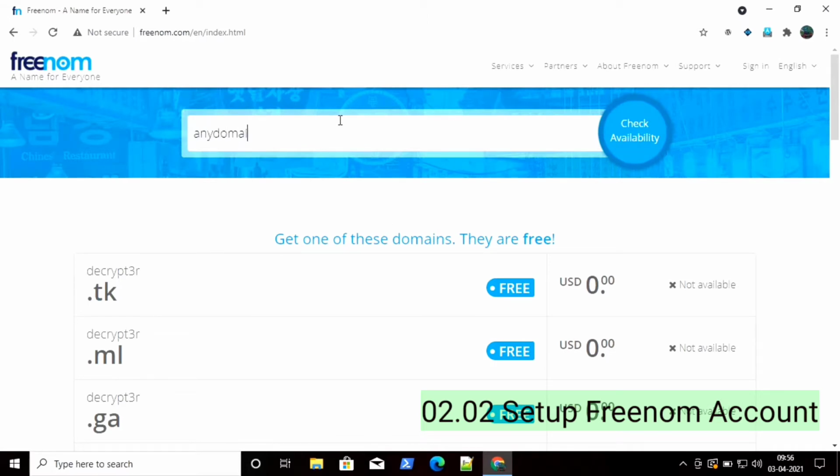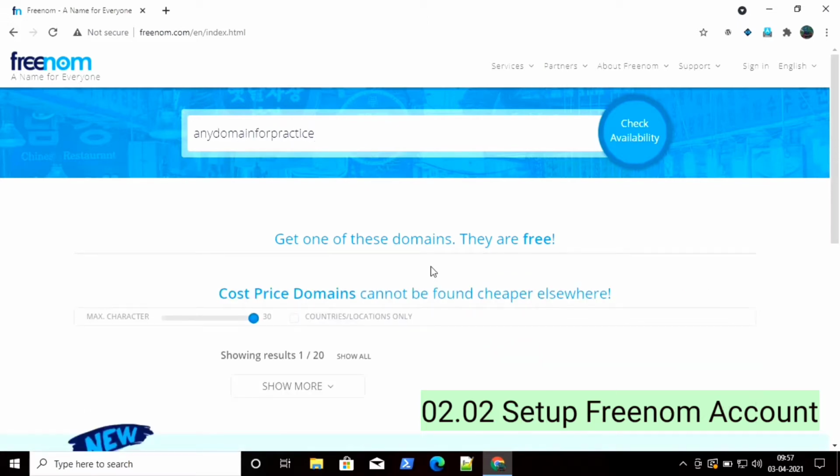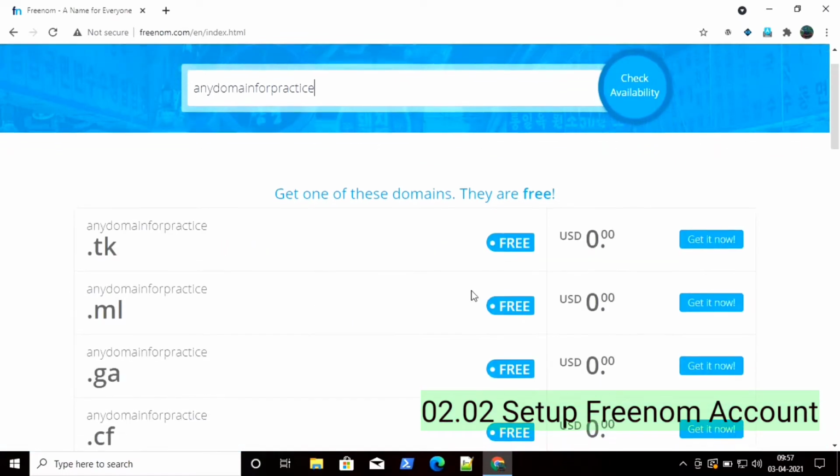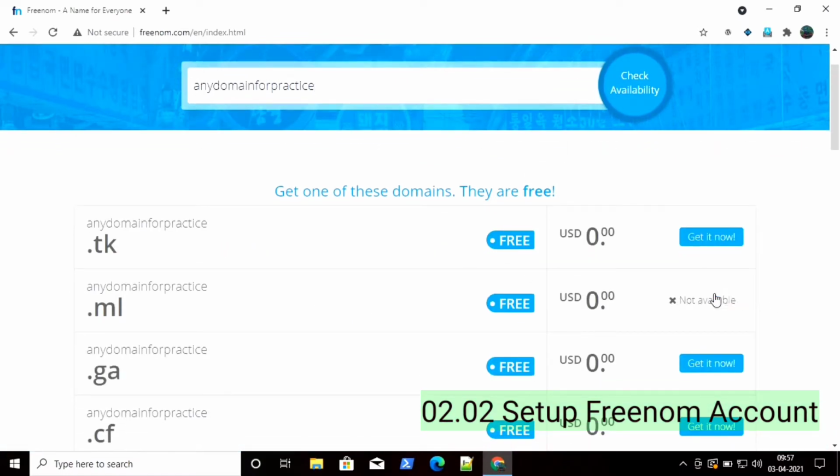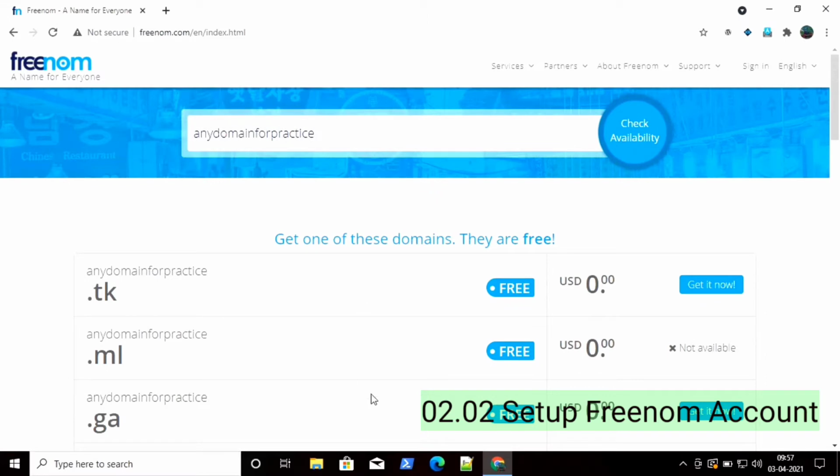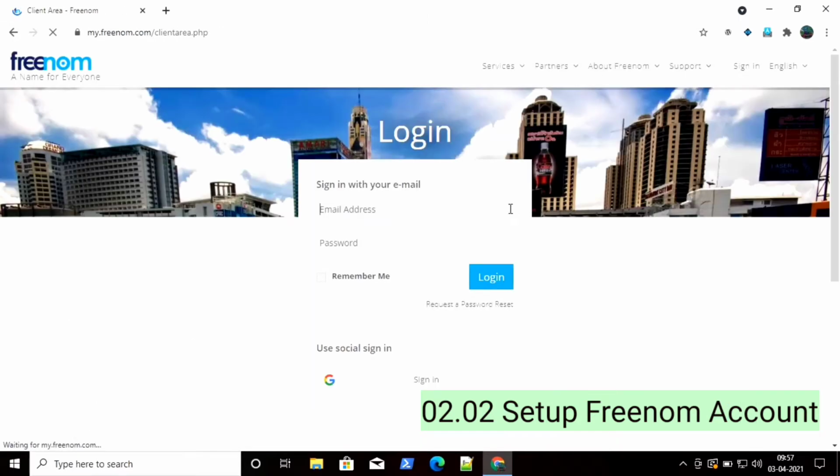So simply try to find any other domain, like any domain information practice, and click on check availability. Okay, so these domains are also free. Whenever I am clicking on any domain, it is showing me not available because I have not logged in. So to register any domain, I simply need to log in.